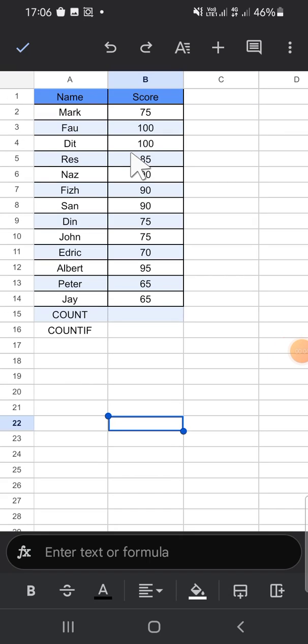In this tutorial I'm going to show you how we can use count and COUNTIF formula in Google Sheets. So let's get started. Here I have opened my spreadsheet in my Google Sheets, and before I explain to you